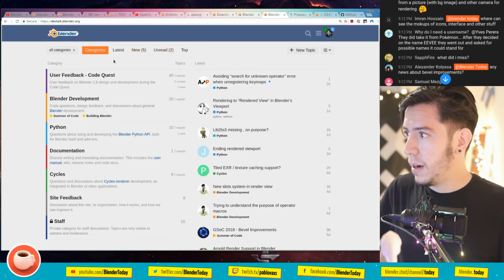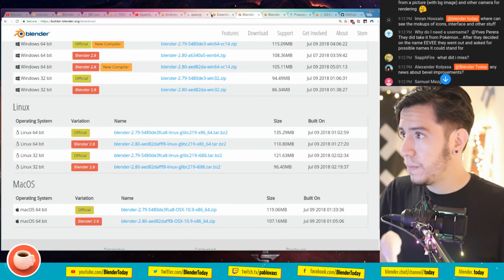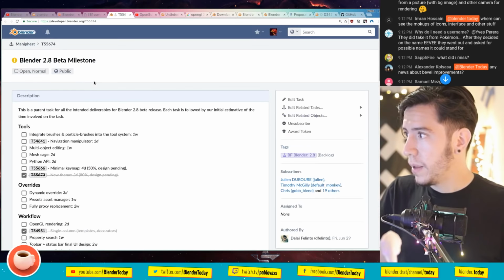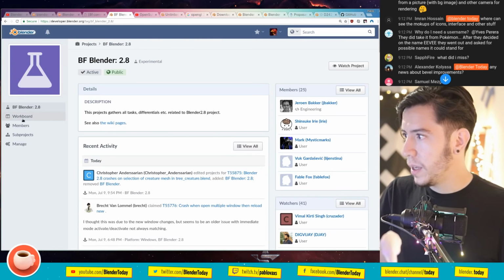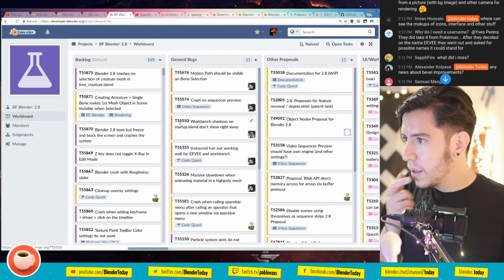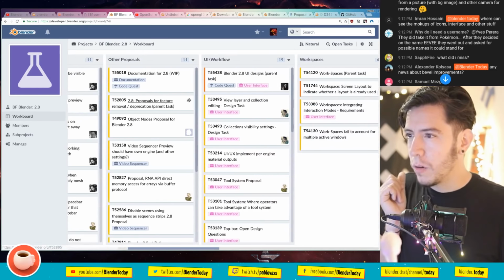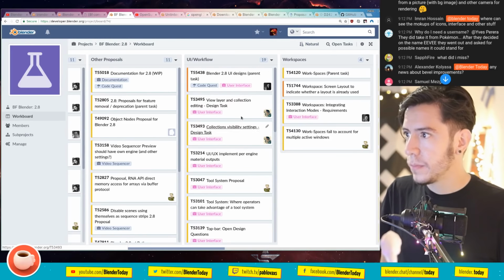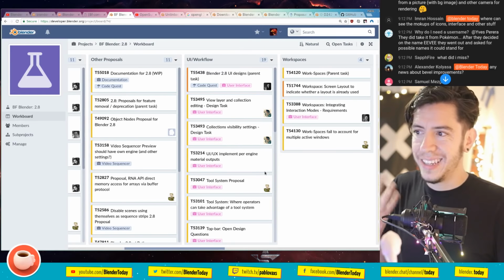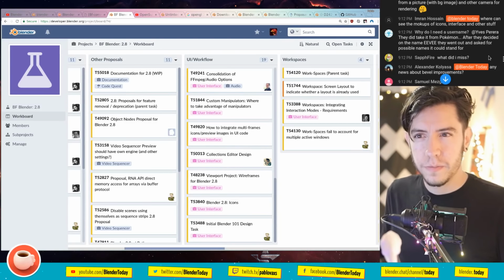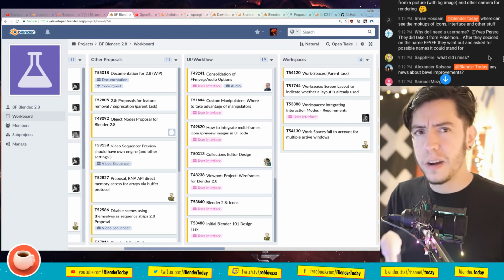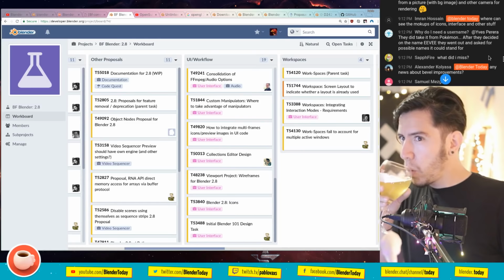In Blender Developers, in 2.8, there should be a UI workflow list of tasks, where you can see some of the UI discussions. Some of them are implemented, not all of them.